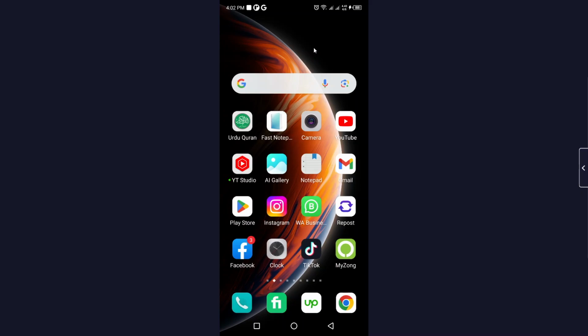In today's video, I'm going to show you how you can disable incognito mode in Google Chrome on iPhone. So I'm going to show you the tutorial on my Android, but this process is similar for Android as well